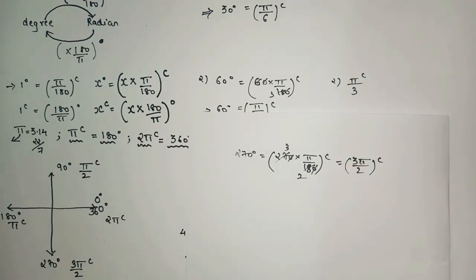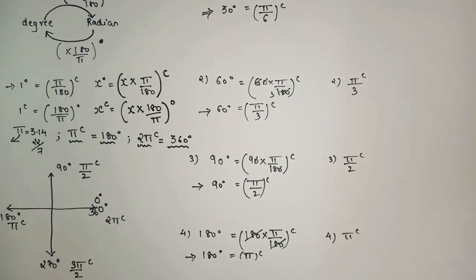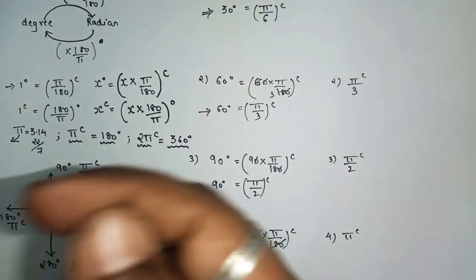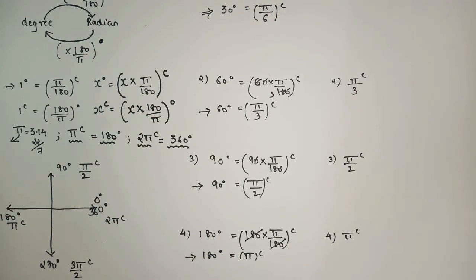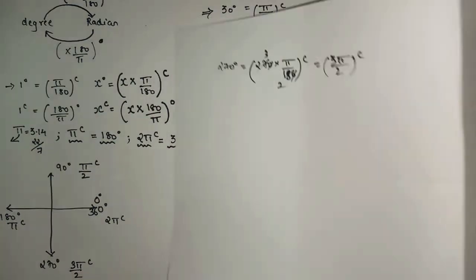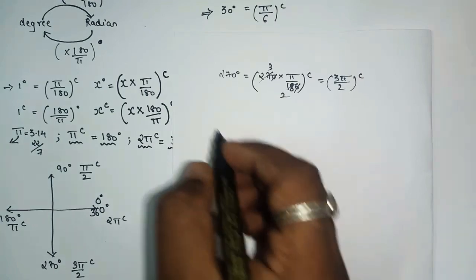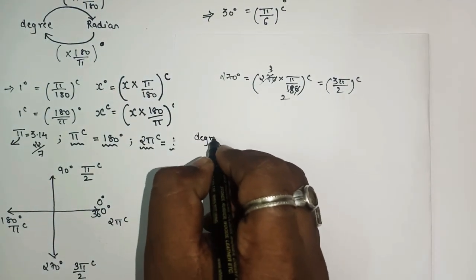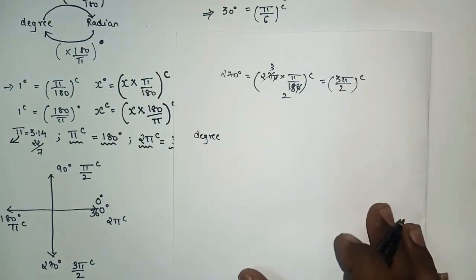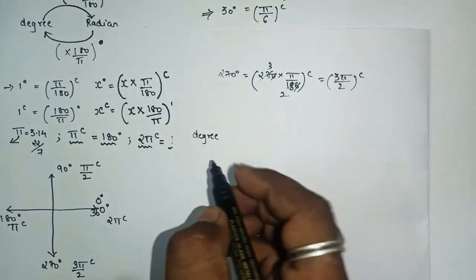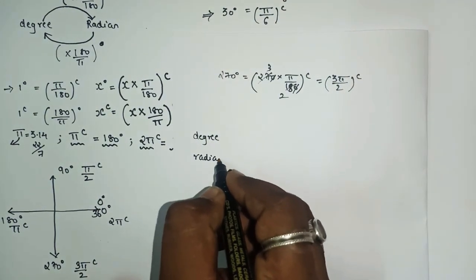So here you must know to read the degree in terms of radian, as in 11th and 12th standard you have to stop seeing the angles in terms of degree and you have to start seeing the angles in terms of radian. So this is a process in which you have to convert the degree into radian. I hope you all understood how to convert degree into radian. So let's see the main angles, which are the known angles. You must know about this, okay? The known angles and its answer in radian.